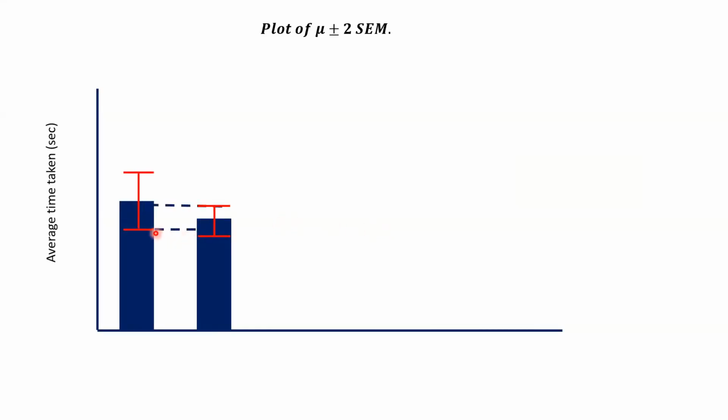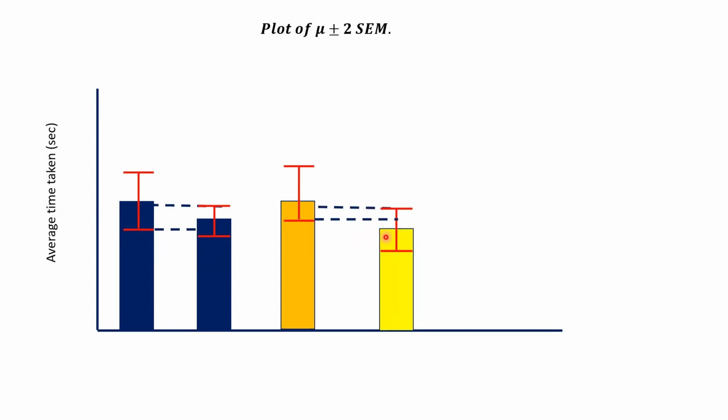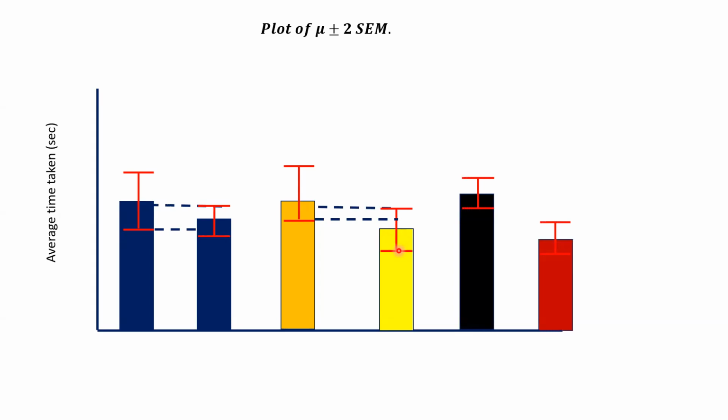Now, do you know what it is? It's a strong evidence. There is an overlapping, means are included, therefore there is no difference. Right? Strong evidence that there is no difference. Now here there is overlapping, but mean is not included. This average is not included. Therefore, here no conclusion can be obtained. Whereas here there is no overlapping at all. Right? If there is no overlapping, there is a strong evidence that there is a difference.